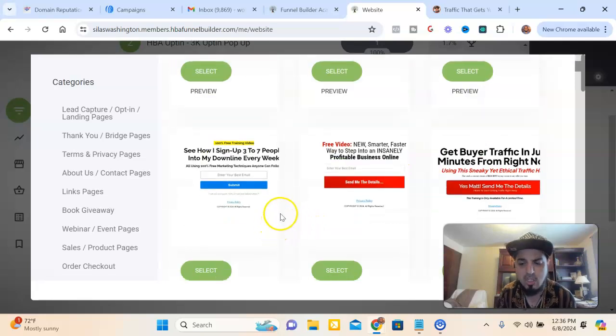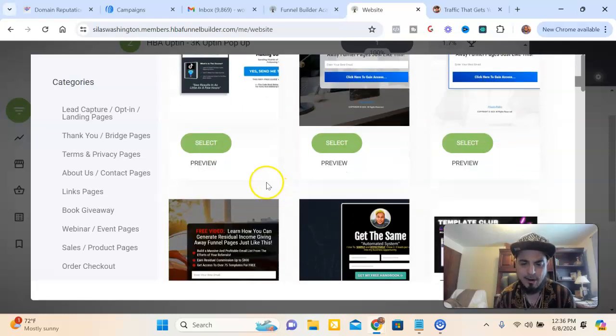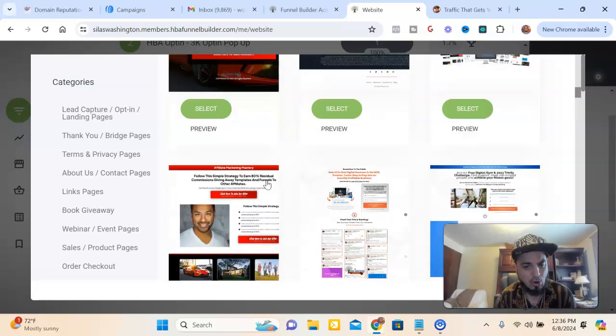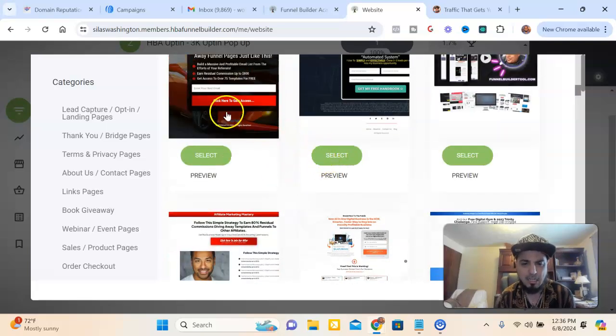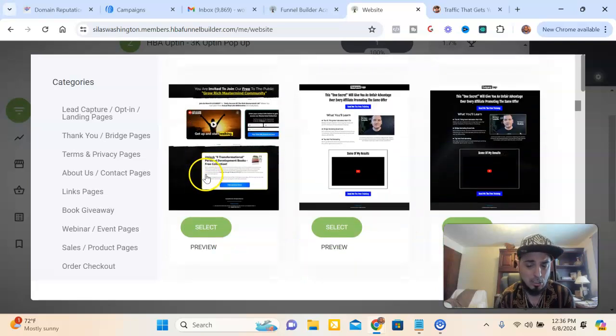So all you got to do is copy them and you can edit them to use. So you don't have to design anything. We have very nice professional pages designed for you. So all you got to do is come in here and look at these pages, select them, and then edit them the way that you want, and you can actually use them for whatever offers that you have.